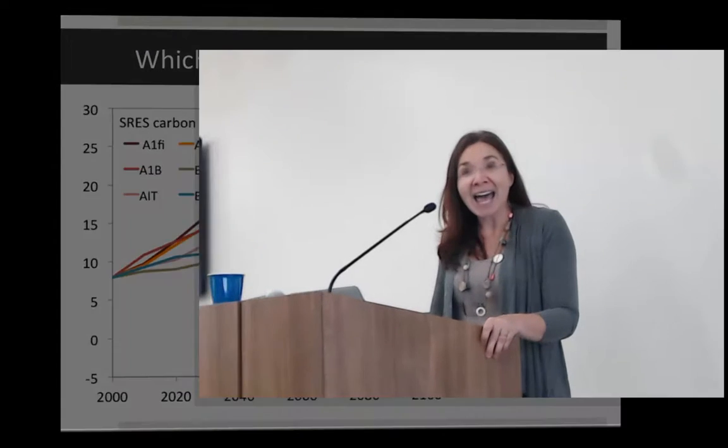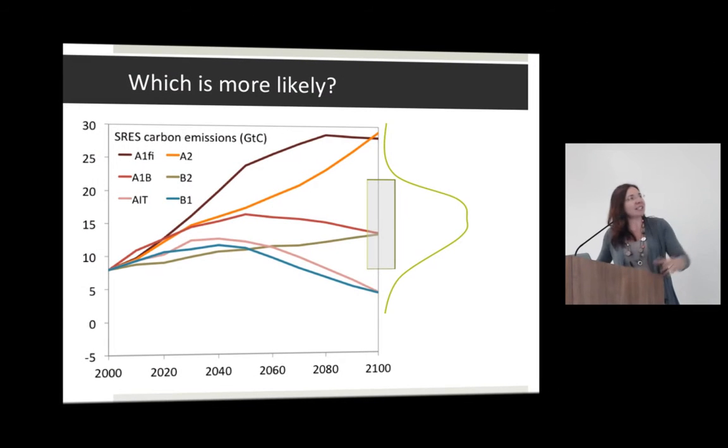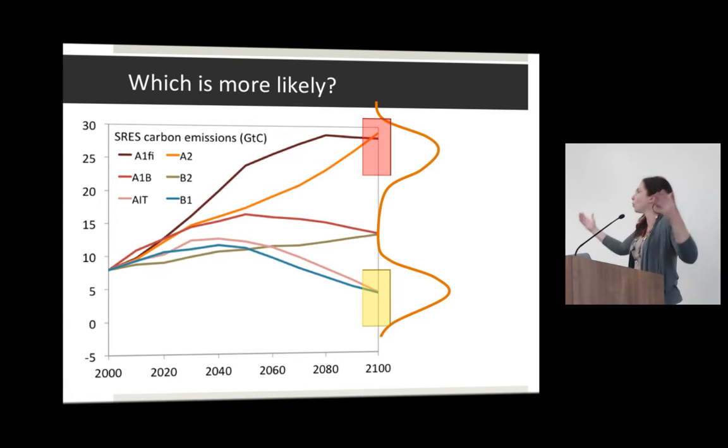Humans. Do humans act all the time in a rational, normally distributed Gaussian manner? No. If they did, we would all be out making a ton of money on the stock market, right? Humans behave in a completely skewed way, in a completely unpredictable way. Politics, economics, technology, they don't look anything like a Gaussian distribution. So we can't use this approach to determine the most likely scenario. In fact, you may say the most likely scenario is either that we do something or that we do nothing, so a bimodal distribution might be the most likely.